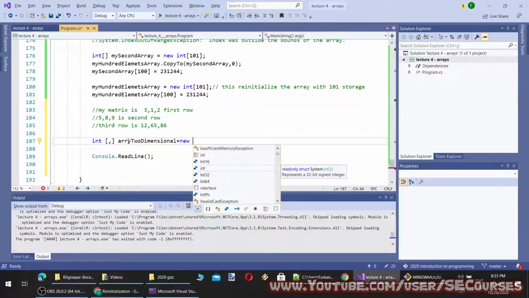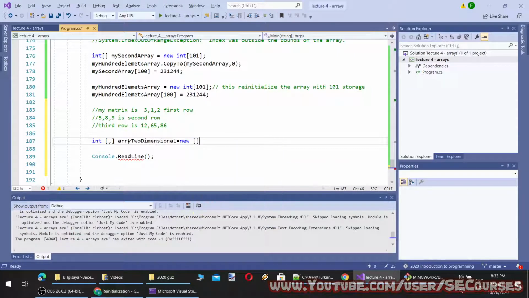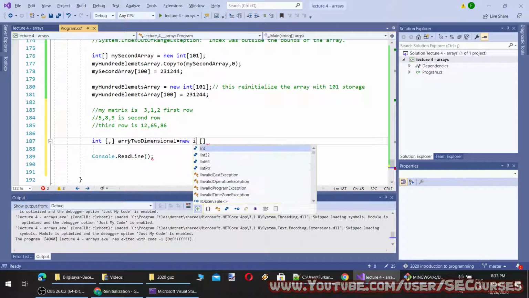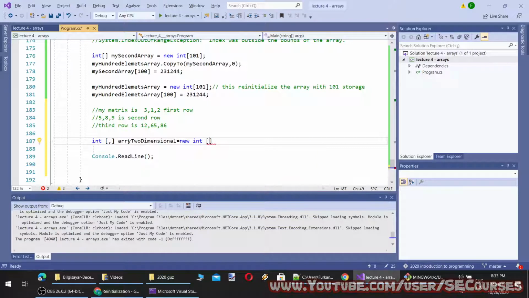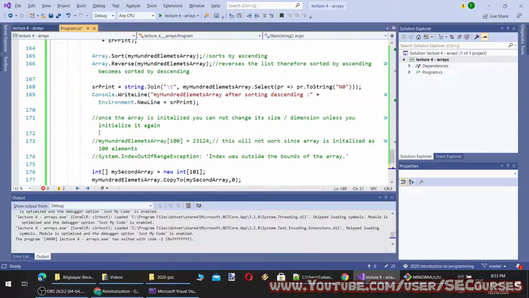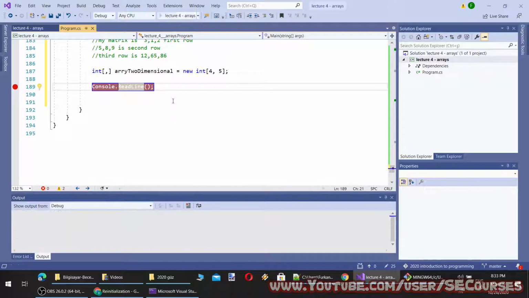And for each dimension, I can define the dimension length. This same way, it will be new int, and let's say the first dimension is 5 and 4 and 5 elements. So let's run the application until here to see how it is initialized.